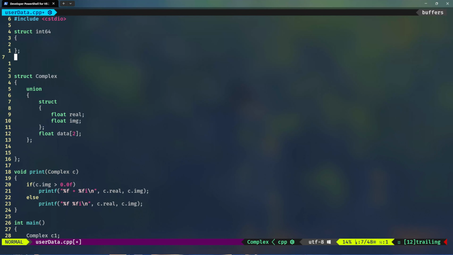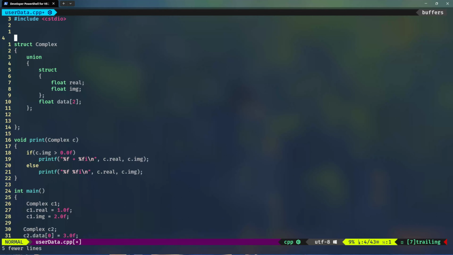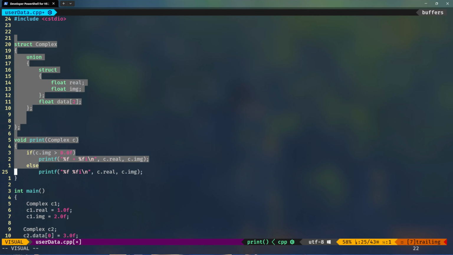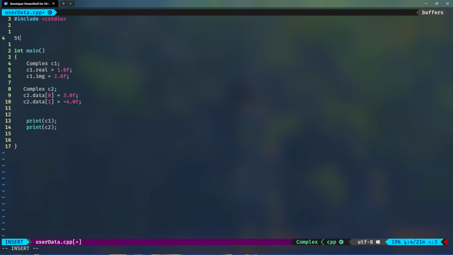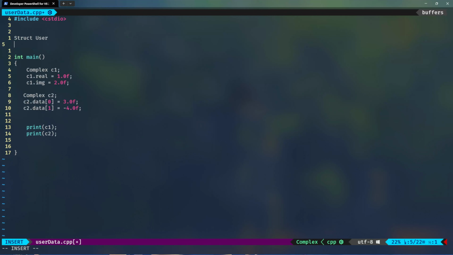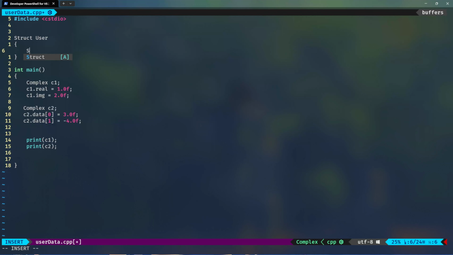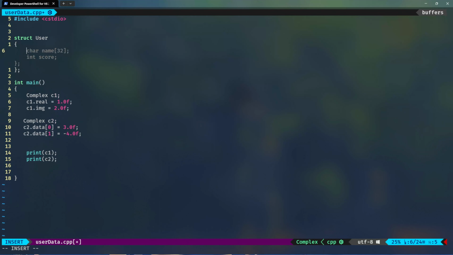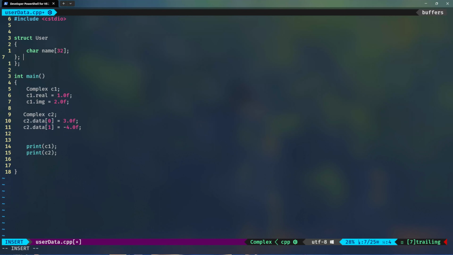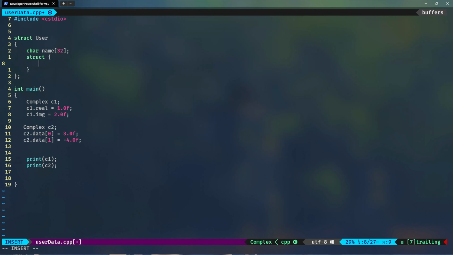But let's say I have a struct called user, for example. Let's remove all this stuff. So let's say I have a struct called user, and a user that has another struct, and s will be small. Okay, and always put the semicolon here. I can say that the user has a name. Okay, and the user has another complex data called its address, his address. So I can say struct address. I can define this like this: address,